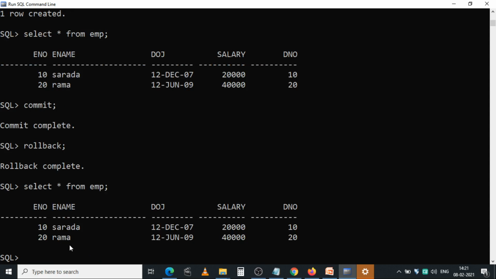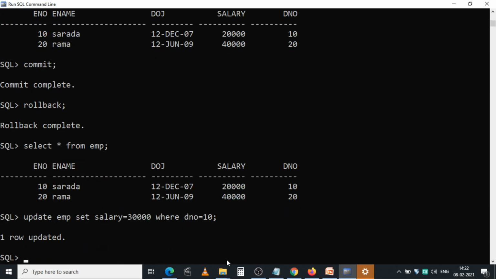Okay, next, to update specified records only as per condition criteria: update EMP set salary equal to 30,000 where D number equal to 10.